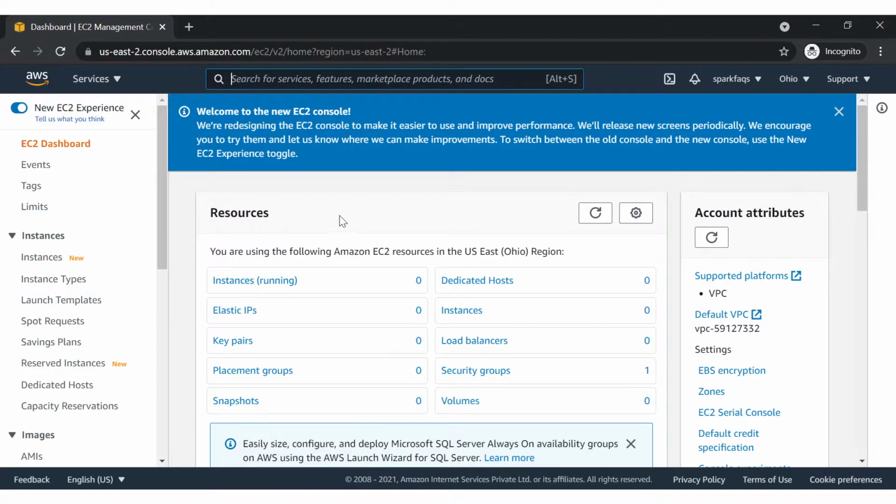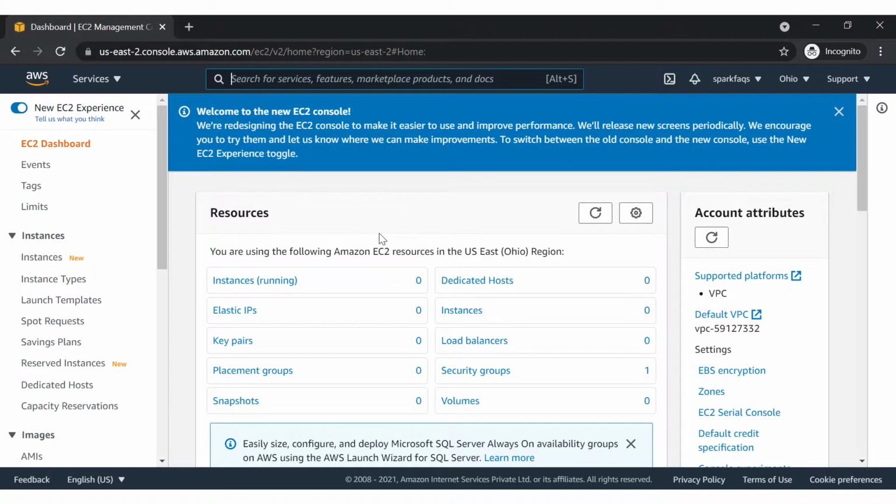You will see all the instances running, the different security groups created, how many instances there are, the key value pairs you created, and other stuff. We'll go through everything one by one.